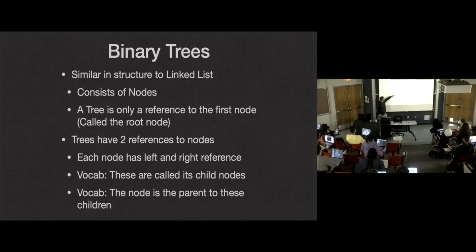We call these references, instead of next, as it was with linked list, left and right. And we usually call them child nodes, a left child and a right child. And to that child, that node is going to be the parent node. And if you study trees more, when you get to 250 and 331 and beyond, this analogy really extends a lot further. Parent and child are the only two we're going to use in this class, and usually child over parent is more useful for the explanations I have to do.